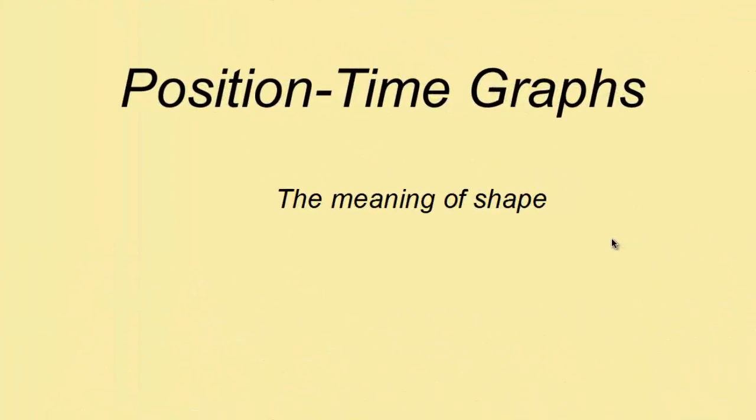In this video, let's examine motion by taking a look at position and time graphs. In previous videos, we've talked about the language of motion and kinematics, and we've also used diagrams to describe the motion of objects. So let's see what we can learn about the motion of objects by examining the shape of a position time graph. But before we start, why don't we draw a quick diagram that illustrates the motion of